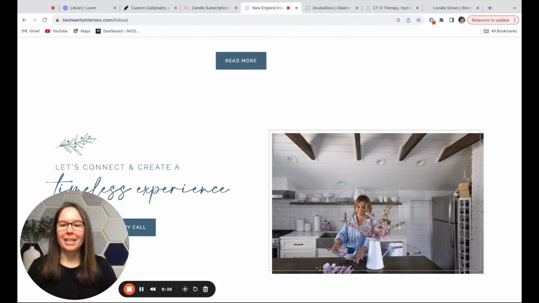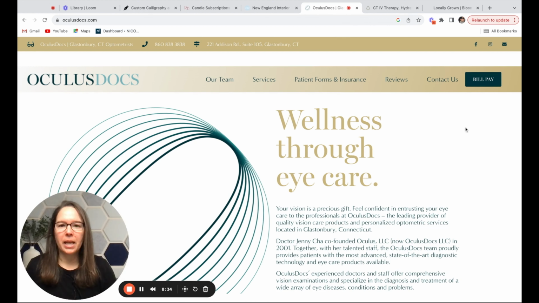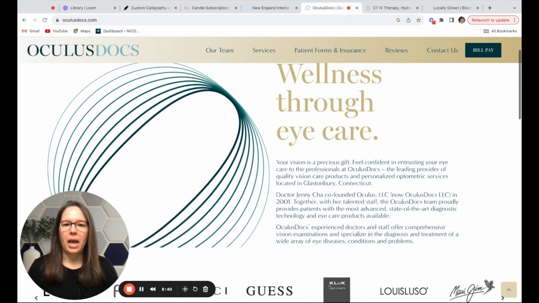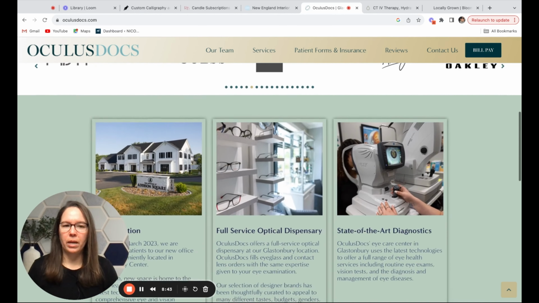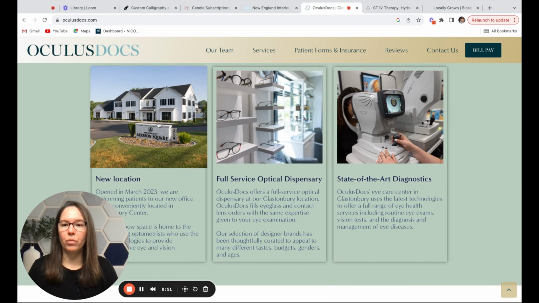All right. The next website I wanted to show is an eye doctor's office, just to show the variety of different websites, how they function, different ways to utilize images. And this website had a great layout. These are the key things they want first-time patients coming on to know. First is that they moved to a new location. So having exterior shots of the space was really important because they moved to a new, totally different town. And this was a new building, and they wanted to make sure people knew where they were going so they